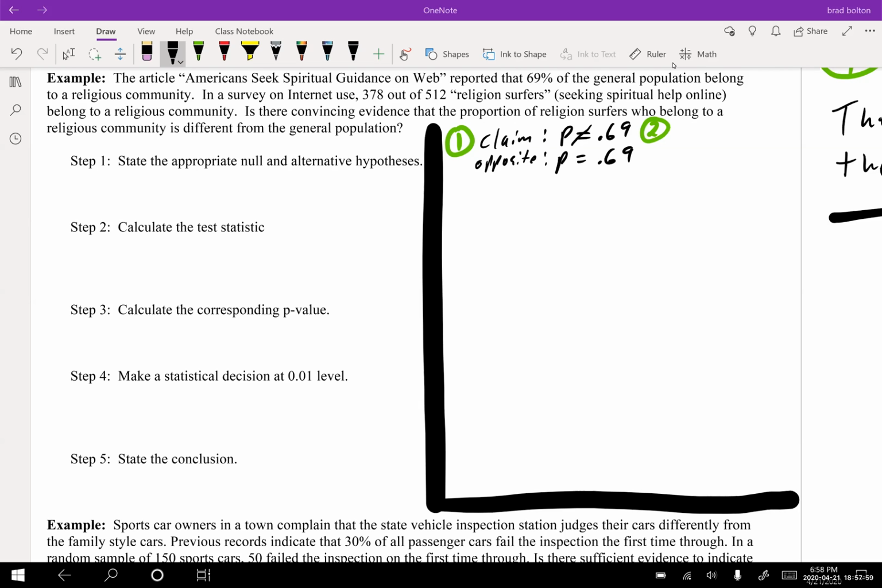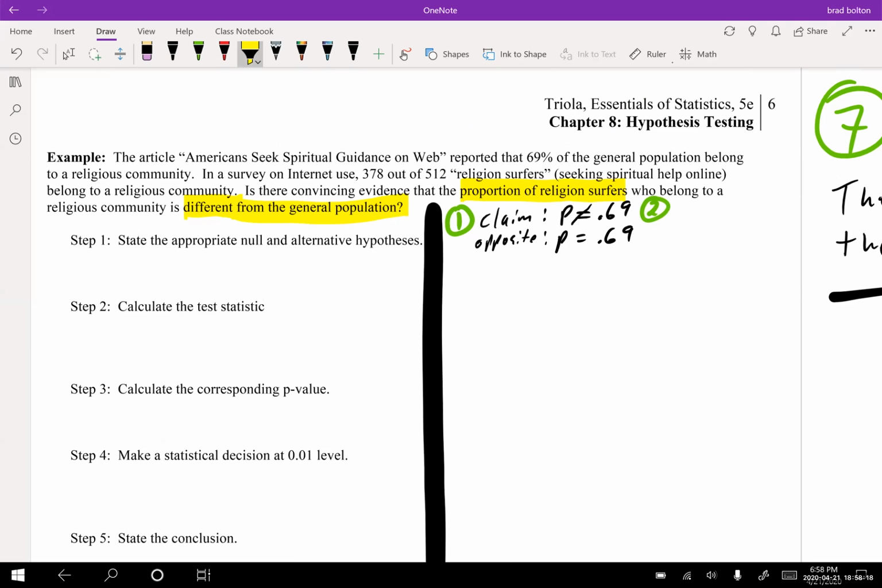So we know that our claim right here, I want you guys to notice something. It says the proportion of religious surfers who belong to a religious community is different from the general population. So that's the claim. So in this problem, the claim is stating that the proportion reported is 69%. So that's kind of what they're saying is the general accepted value. And we want to see, based on our sample, if it's different for religious surfers, okay? Being part of a religious community